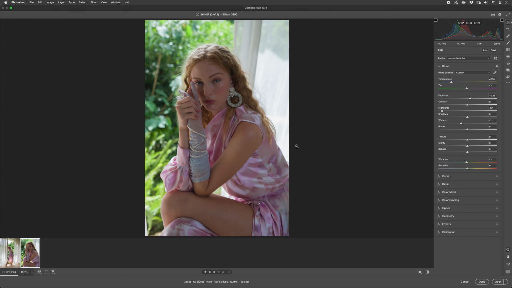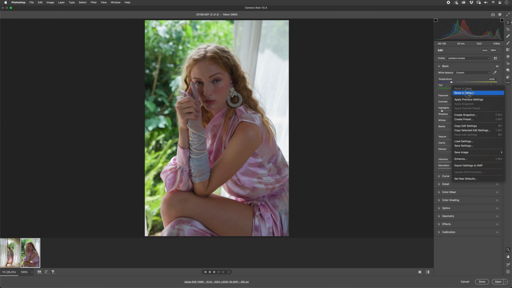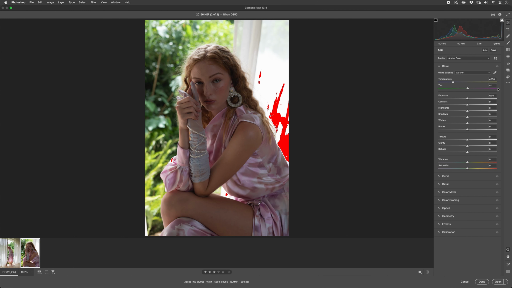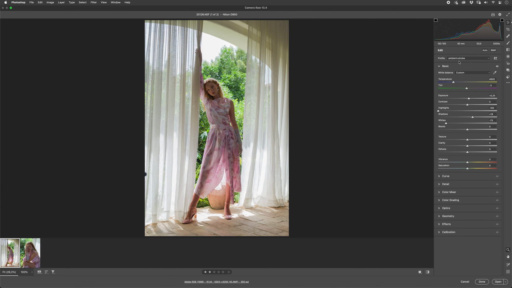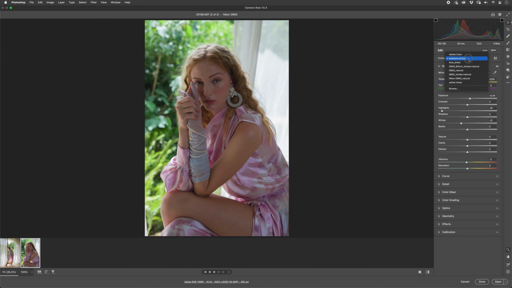The same here. Let me show you before and after. And obviously it was done in camera raw. So this is the original. This is, well, all the changes I did in camera raw. As you can see, I changed the profile to my custom color profile, and the same here. So this is original, and you can see it's a little more vibrant. The same here,